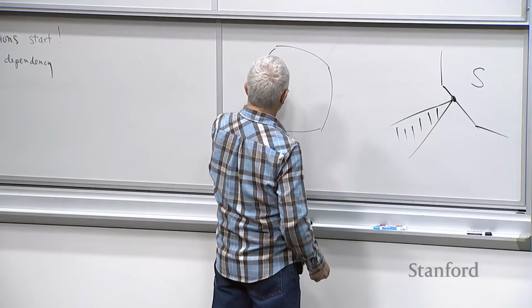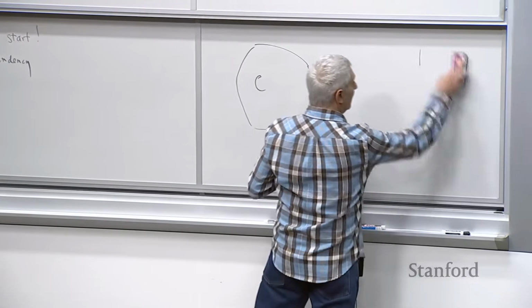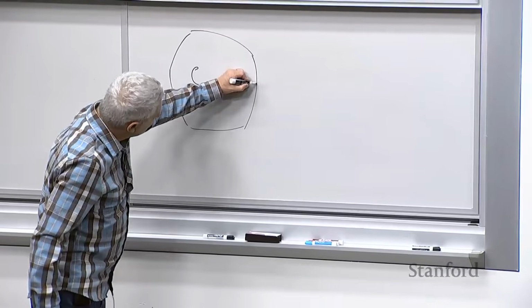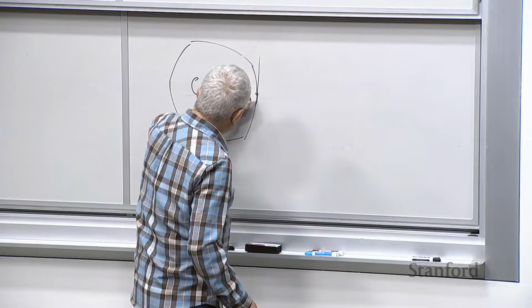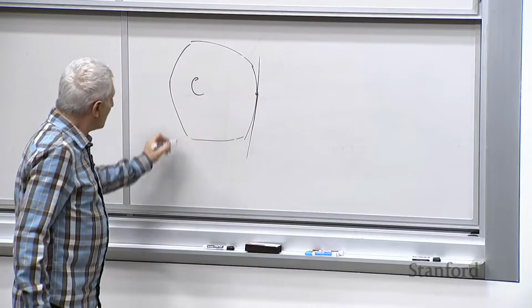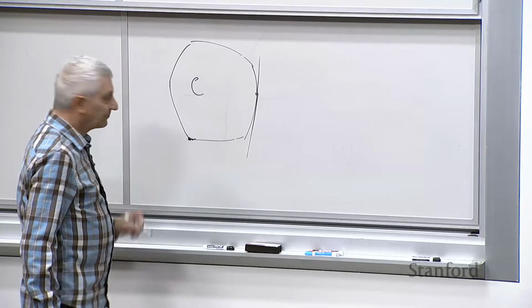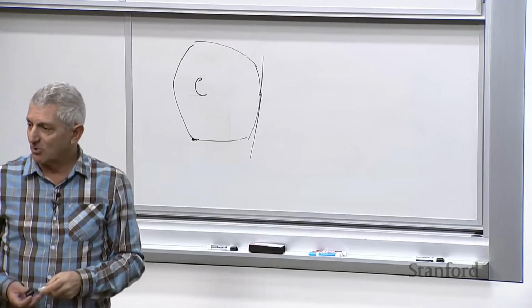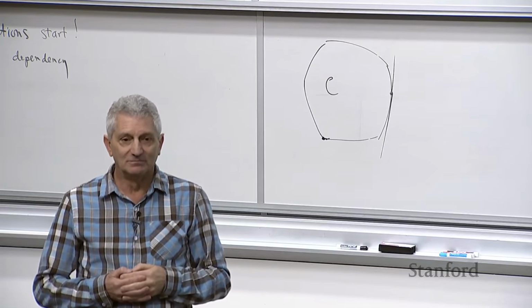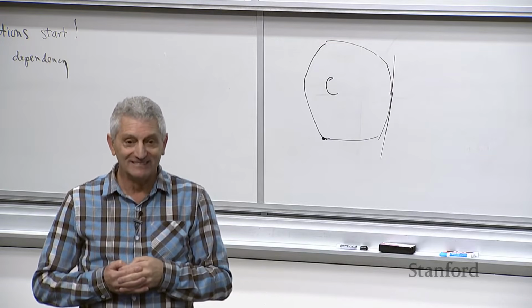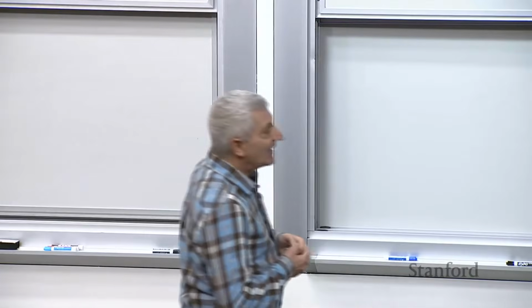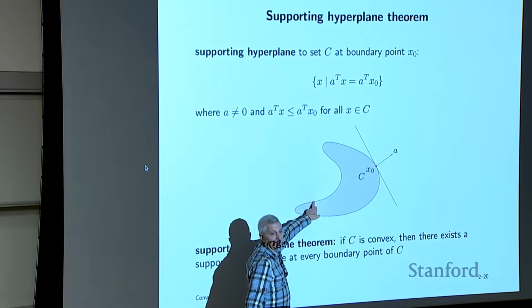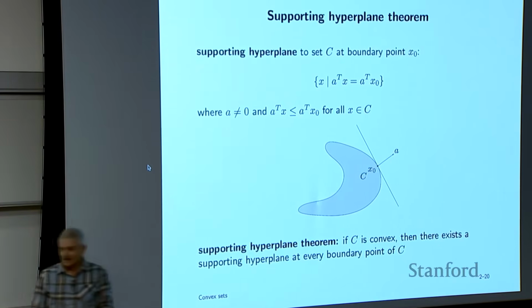Here's a convex set, C. And let's look at some boundary points. If you take a point there, there is indeed a supporting hyperplane, and it's basically just tangent to this set, right? By the way, what happens if I go to a corner? Suppose there's a corner there. Let's talk about supporting hyperplanes. Are there some? Is there more than one? Precisely, that's it, right? So when you have a kink in a set, there's more than one. Is there a supporting hyperplane to this set at this point? No. So that's what it means.